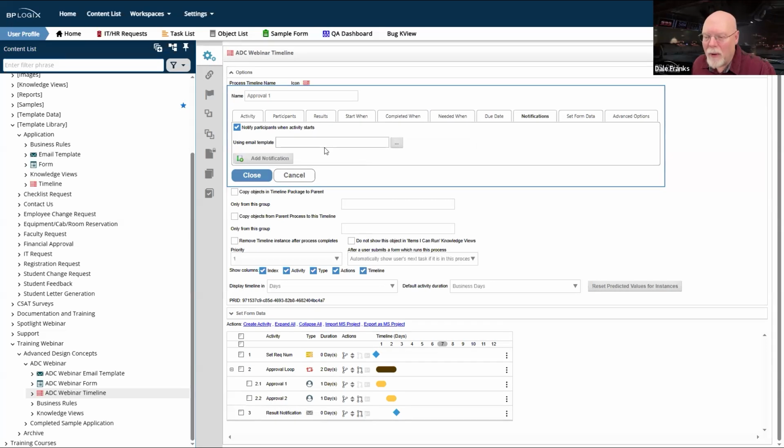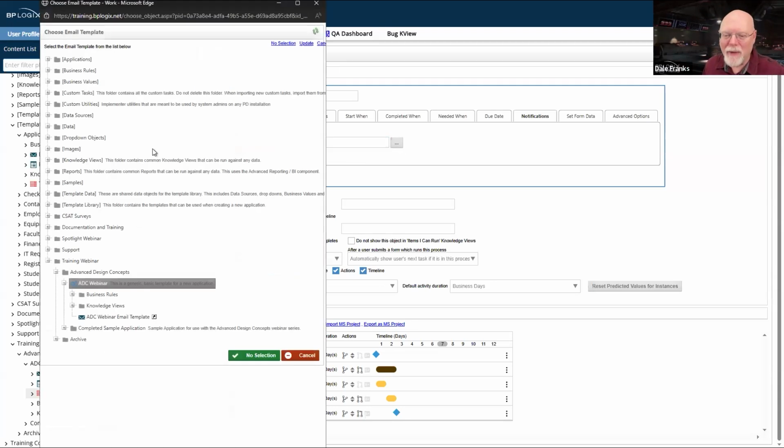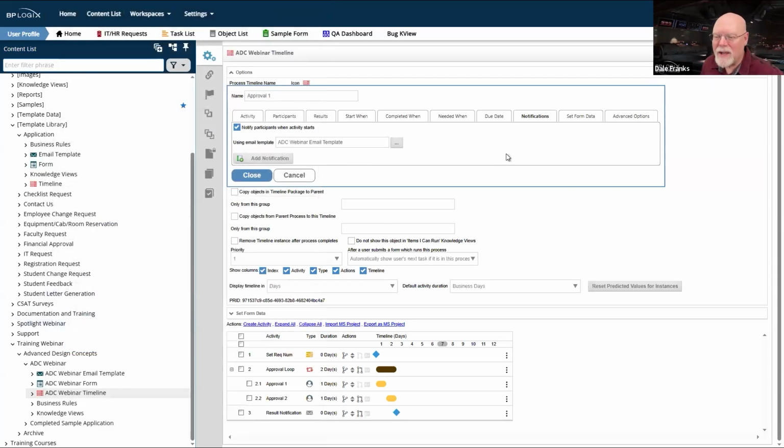And I see people going to every single activity and trying to select the email template that they want to use for the process timeline. This is completely unnecessary.